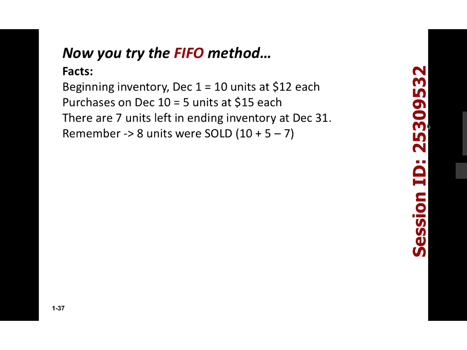So the cost of goods available for sale is $195, just like it was for weighted average. It will be the same. So that should be in your notes. There's 7 units left and 8 units were sold, so nothing has changed. So we're going to do some questions and walk through FIFO now. Okay, so the first question,